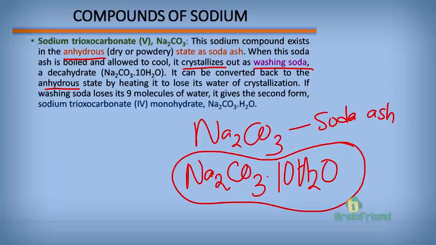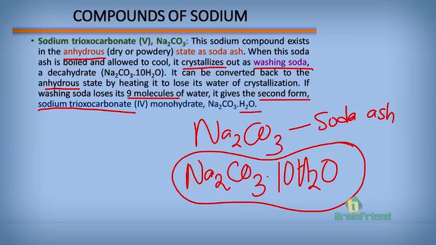Now, but if washing soda loses only 9 molecules of this water, leaving behind just 1 molecule of water, then it gives the second form of this compound, which is sodium trioxocarbonate(IV) monohydrate. Monohydrate simply means that it contains just